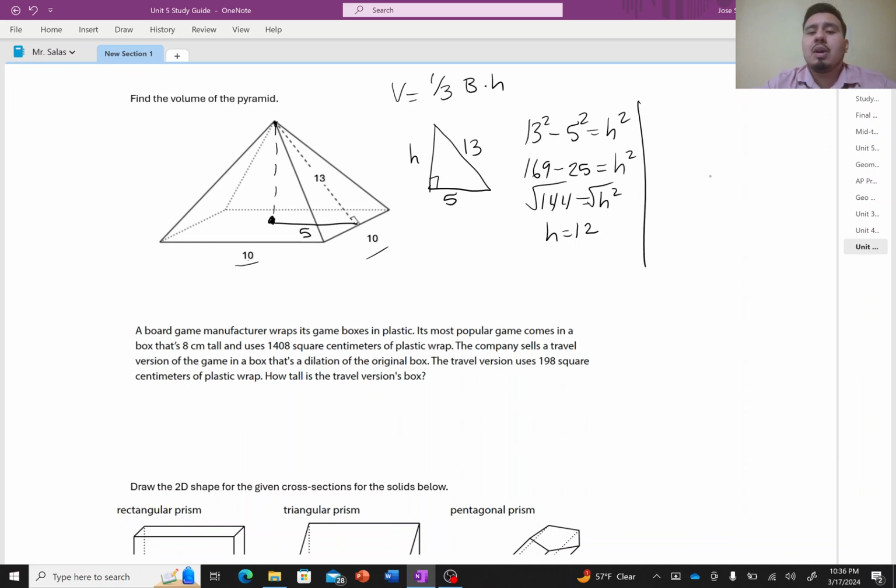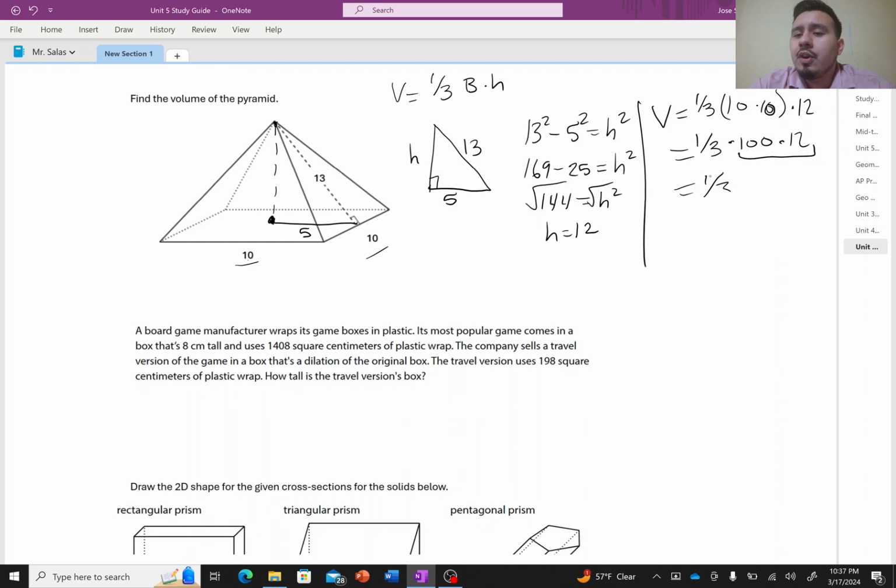So now I plug my numbers into my formula, and I get that the volume is equal to 1/3. The base is going to be 10 times 10. That's the base, 10 times 10 times 12, which is equal to 1/3 times 100 times 12. I'm going to solve this side. 1/3 times 1,200, which is equal to 400